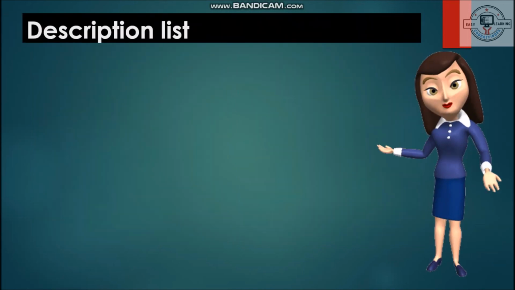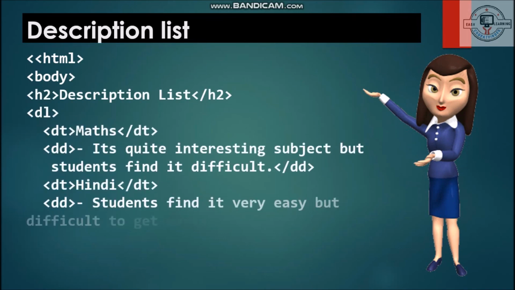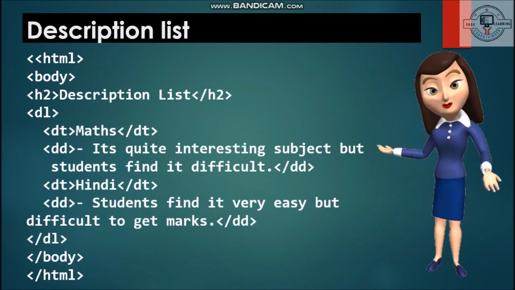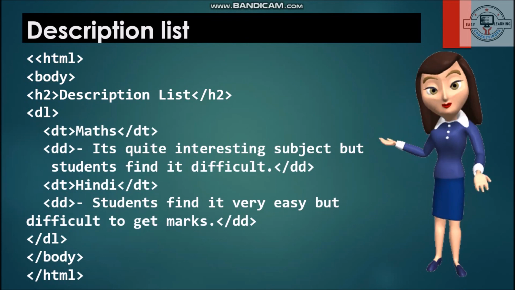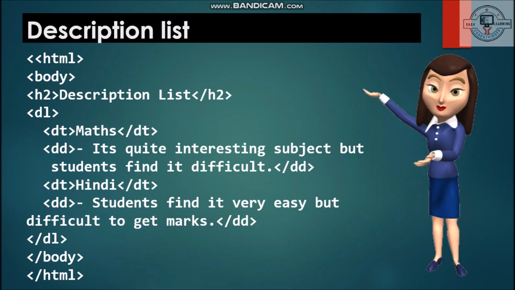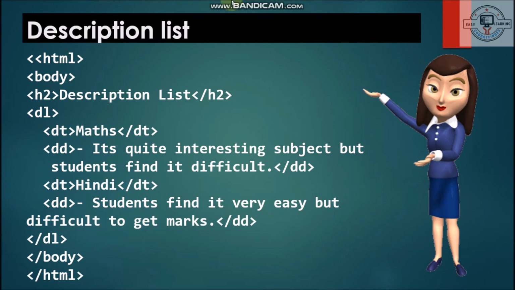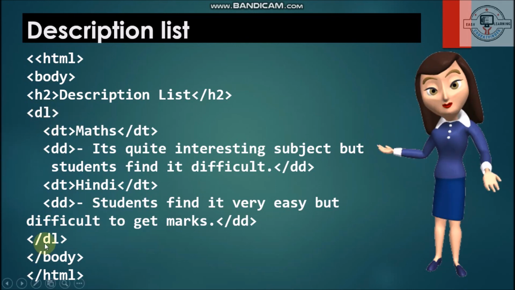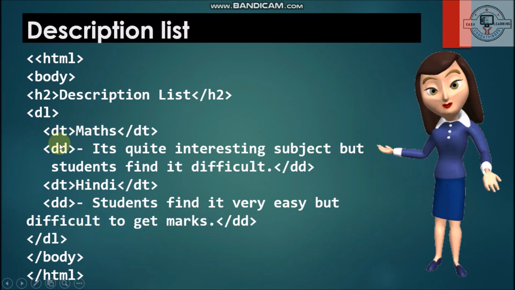Description list. This is a simple example. But before looking at the example, we have to understand what a description list is. It is used when we want to give a term and we want to give the meaning to it. We want to make it more descriptive. At that time we have to use a description list. Like here, I am taking dl here, ending with the dl, dt, because I want to give the term. Maths is a term, and what is the description of it? This is up to you what we want to give.